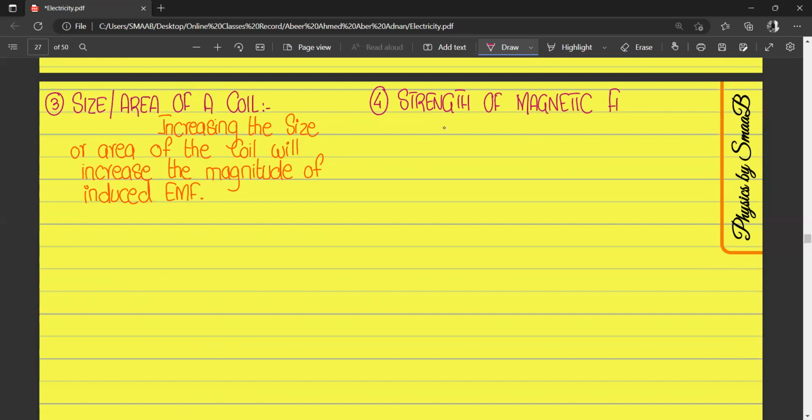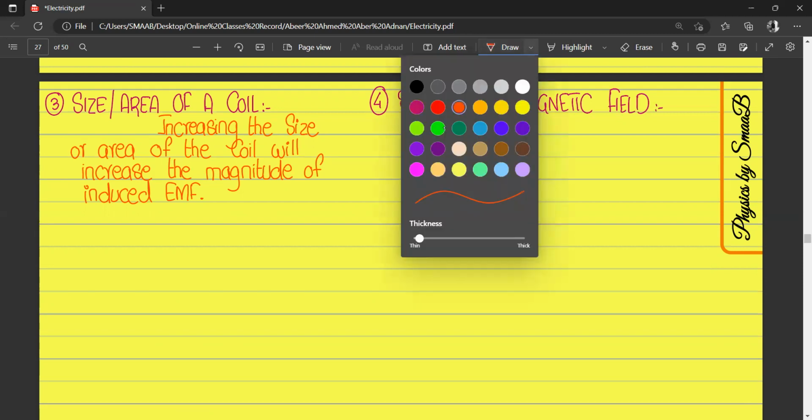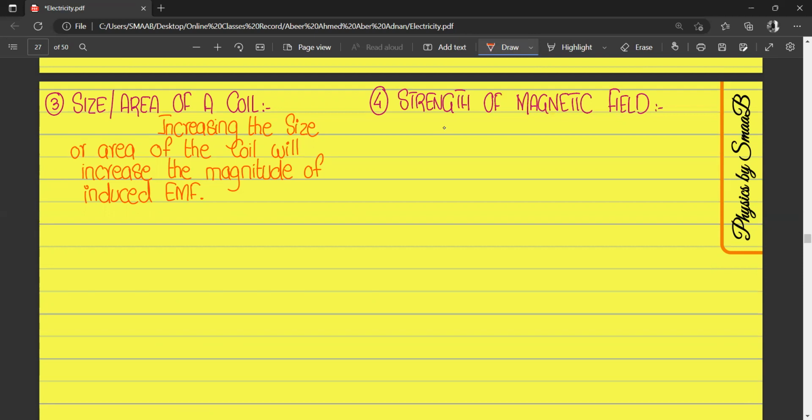Because in every factor, we discussed that by increasing one factor, two factors, or three factors, the value of induced EMF will increase. It means that all factors are directly proportional to induced EMF, right? So factor number 4 is also directly proportional,